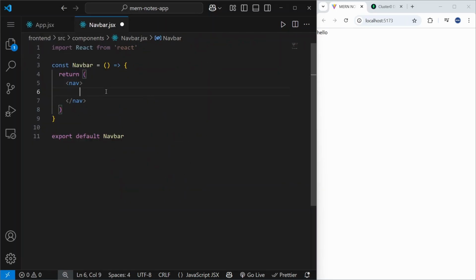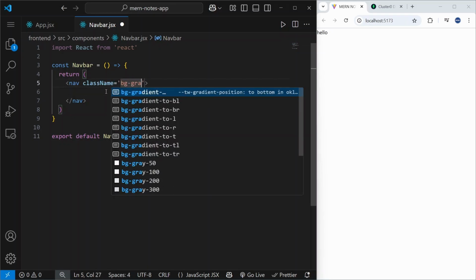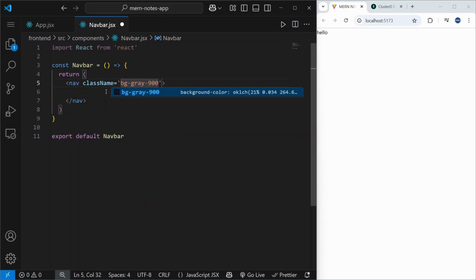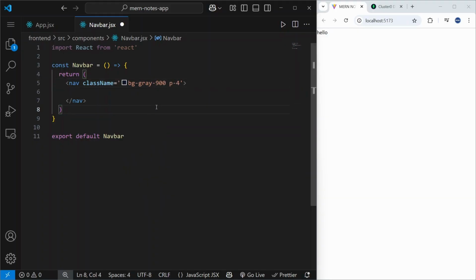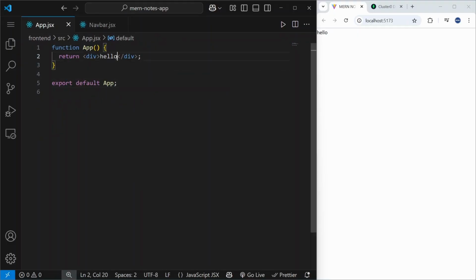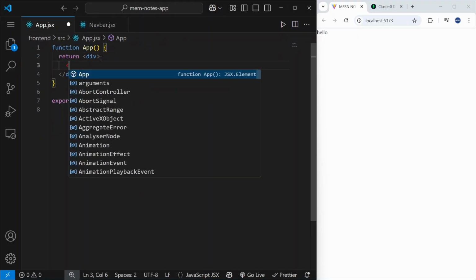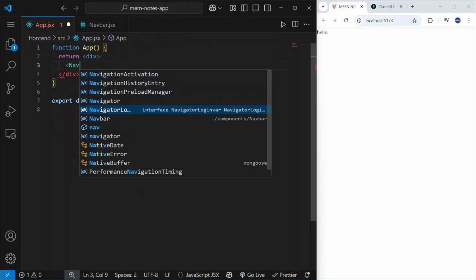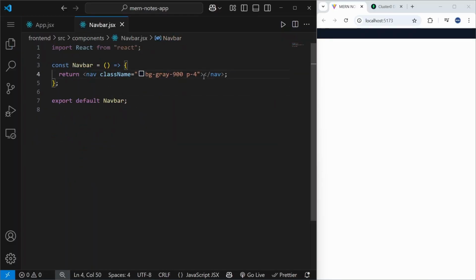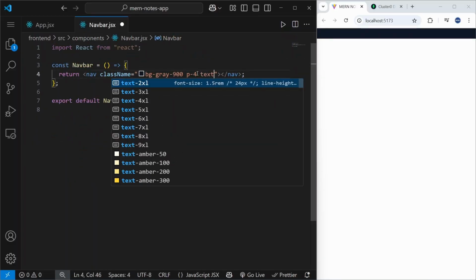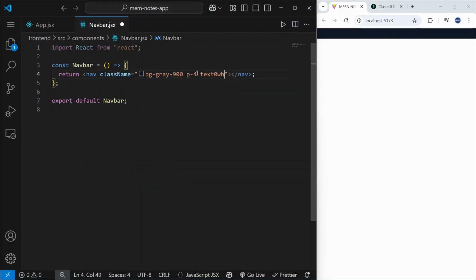And here let's say that background color will be gray 900, and padding will be 4, but we will not see it because we need to use it inside App.js. So let's import navbar and save it. And for now let's say that text will be white,